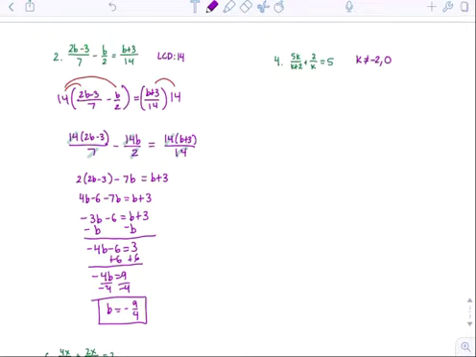Now let's just find the LCD. LCD is k times k plus 2. There's our LCD. So now multiply that to both sides of your equation. Times that whole thing by k times k plus 2 equals 5, and then times k out of k plus 2. So remember to just put all of these, multiplying it to the numerator. So we are going to be getting